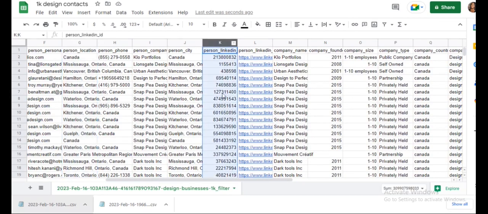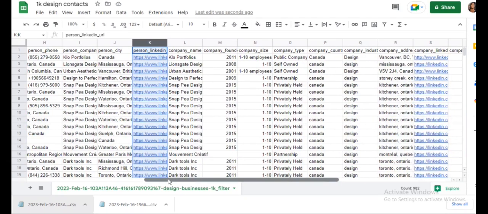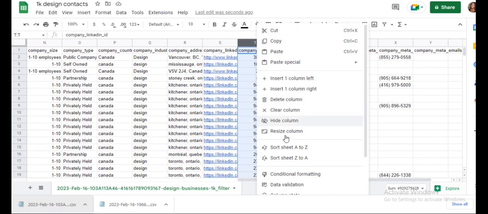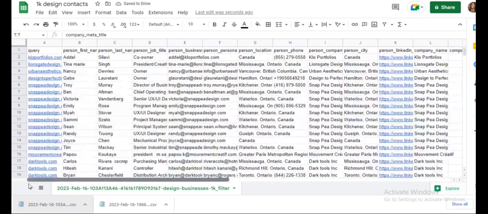We don't really need the person's LinkedIn code. We'll delete that, but we'll leave the LinkedIn link. We'll leave the company founded, company size, and I'll also delete the company's LinkedIn. So yeah, now we have all the information that we need.